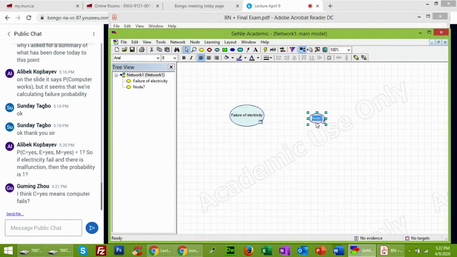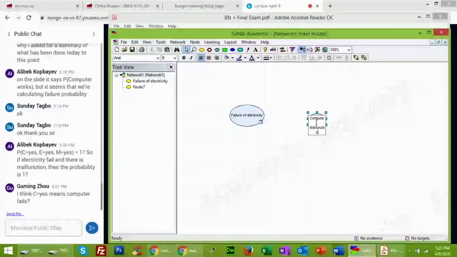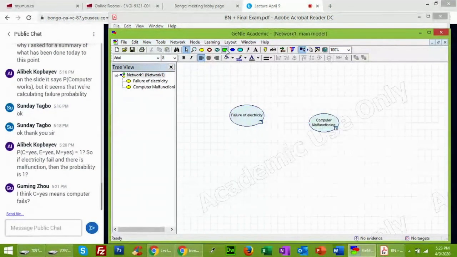The second one I need it for the computer malfunctioning. The third I need is the computer failure. That's what my model is basically.